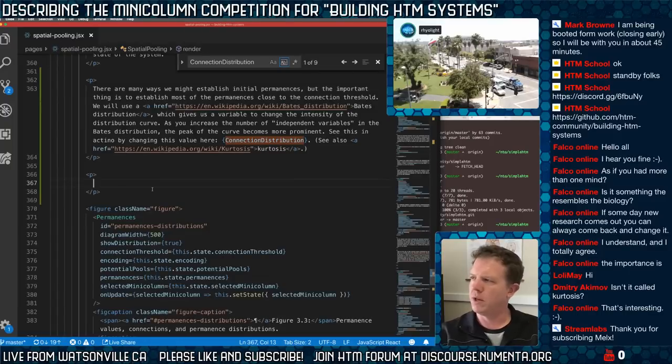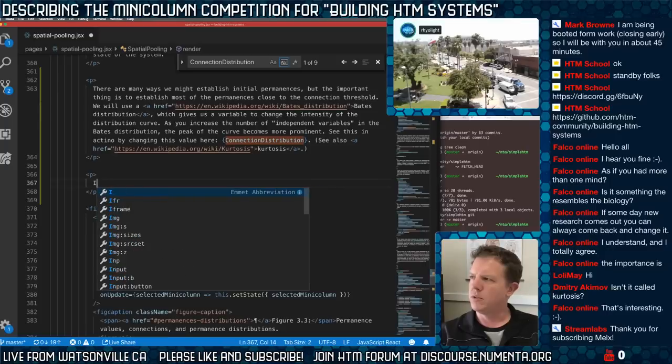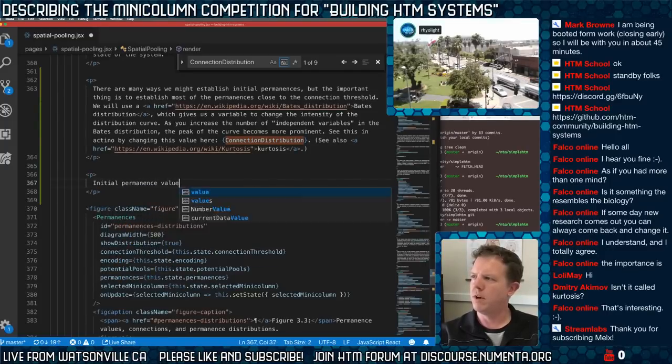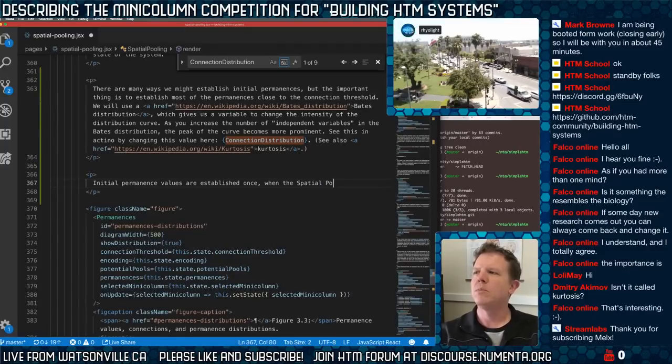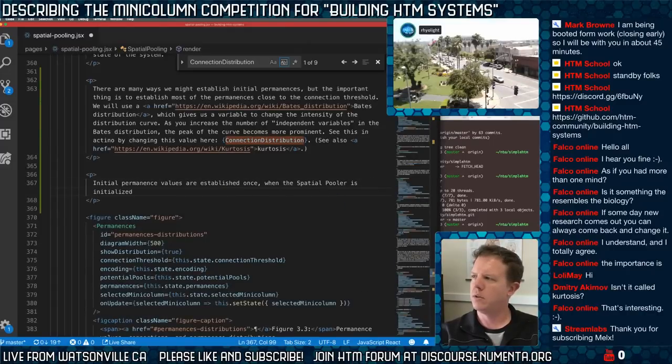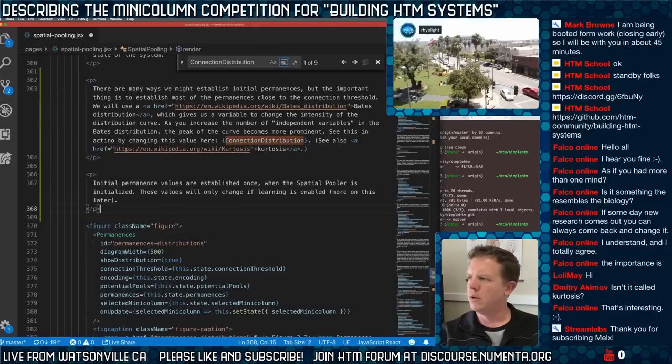Yeah, so I want a code block. Initial permanences. Initial permanence values are established once when the Spatial Pooler is initialized. These values will only change if learning is enabled. And again, more on this later. The logic below uses the